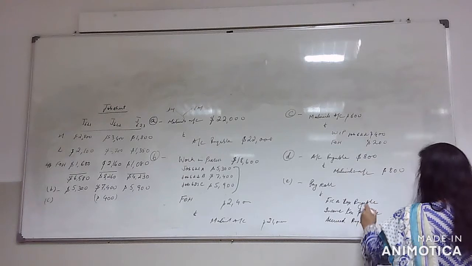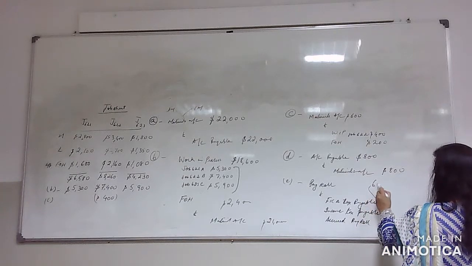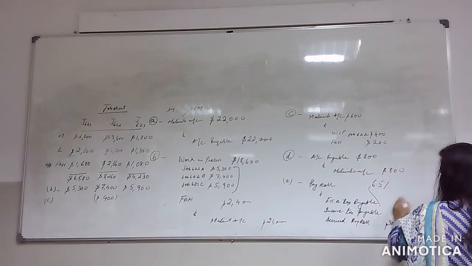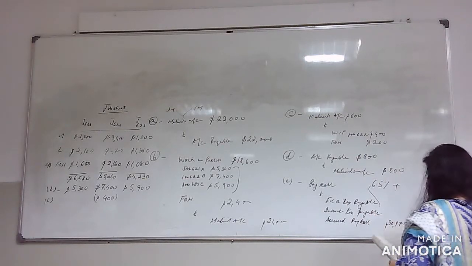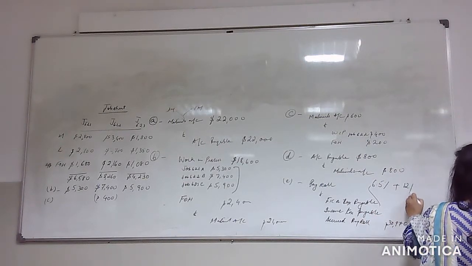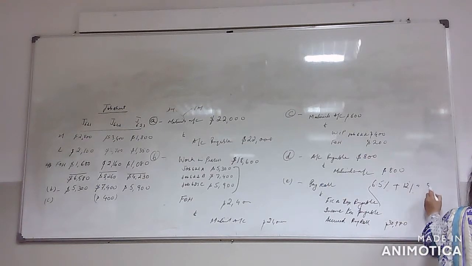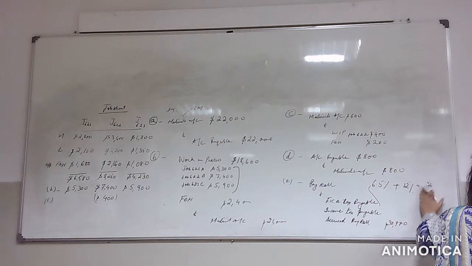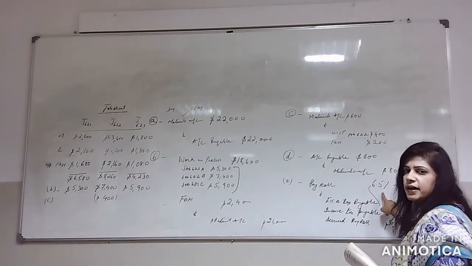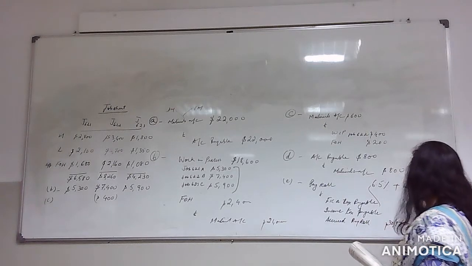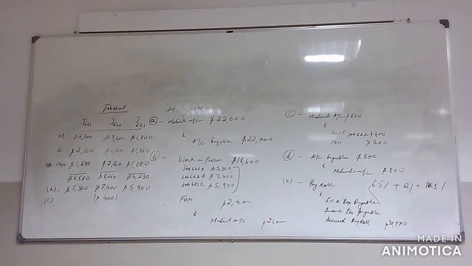we know that FICA tax is 6.5%. And they have given us that the income tax payable is about 12%. And this comes to about 18.5%. Now this percentage, 6.5% plus 12% is 18.5%. Let me see, can you do this? Yeah, you can.